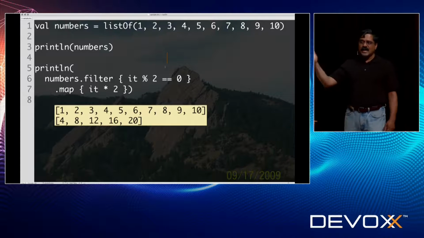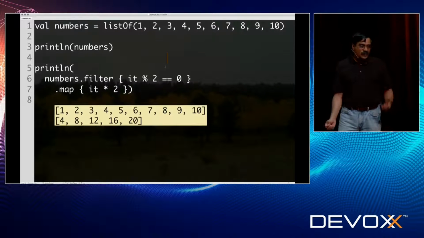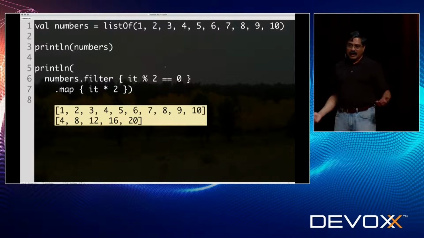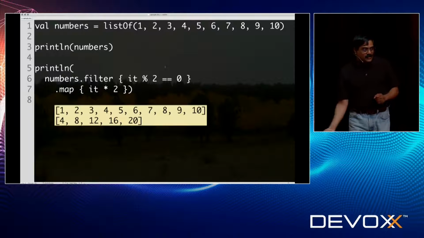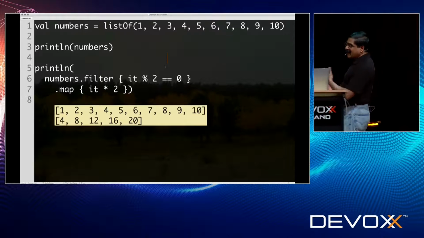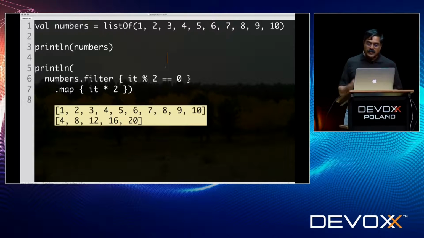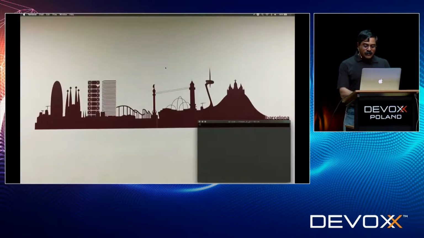However, the type of the output may not be the same. The map may give you double values given integer, or a string value given an integer. If you give me a collection of strings, I can give you a collection of length of the strings, collection of strings to collection of int, for example. So there's no guarantee of the type when it comes to maps. On the other hand, the count will be the same moving forward,